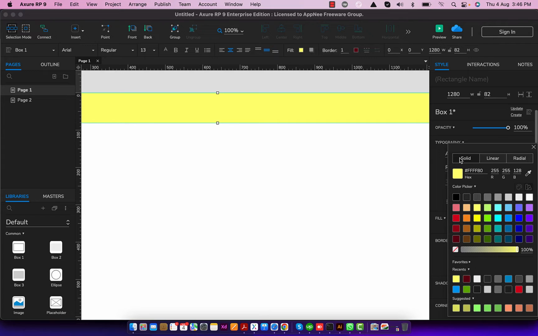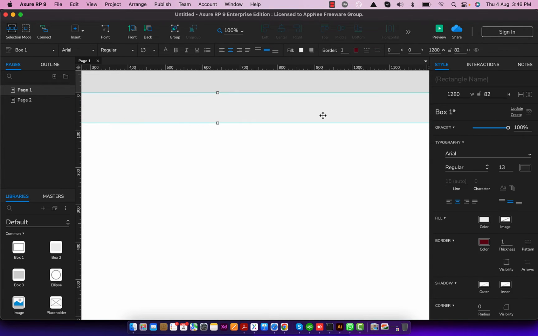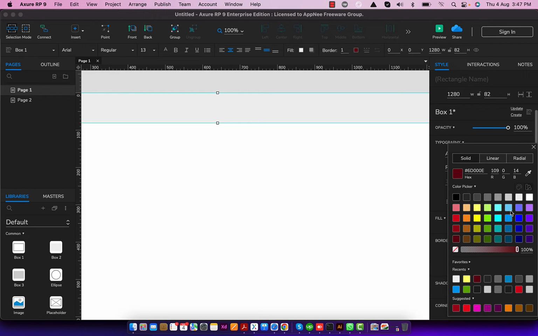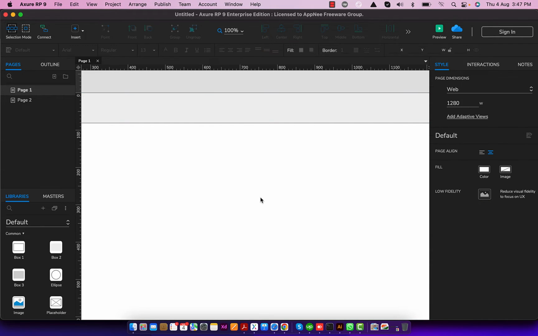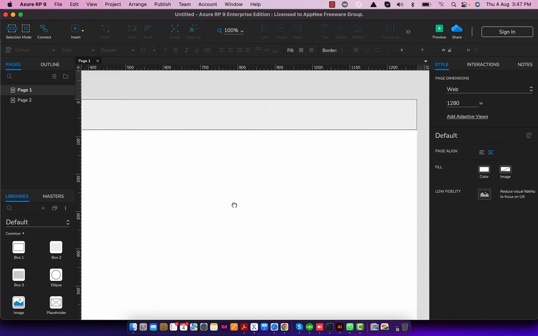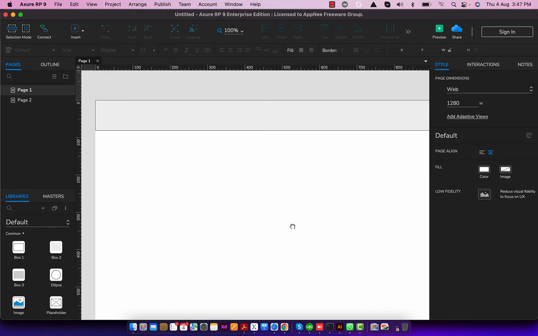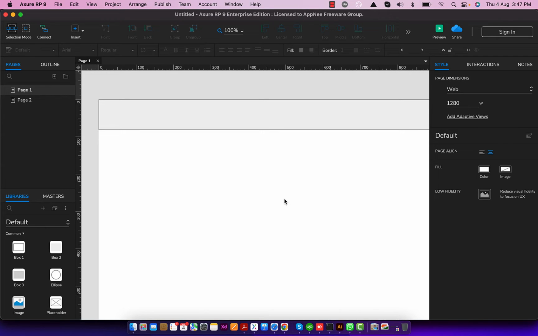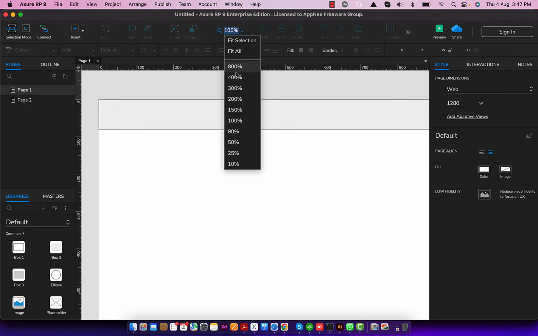So let's go to this solid one. I will select gray with a little dark border color, and this is my top bar. So I am creating a very low fidelity wireframe for now. With the Z, let's suppose you want to decrease the